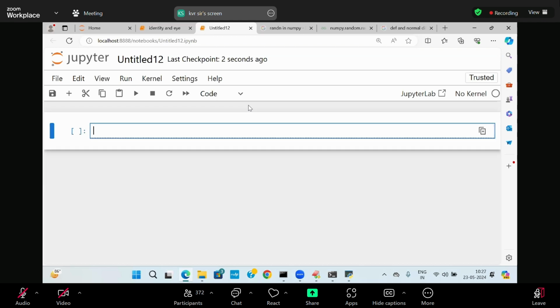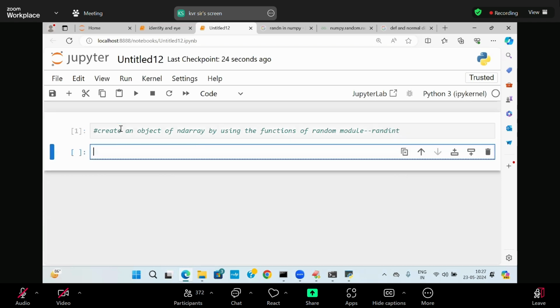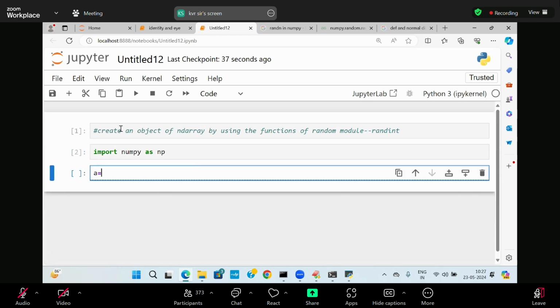Now I'm going to take up random kinds of things. Create an object of ndarray by using the functions of the random module. Which function is it? Randint. Come on, fast. Import numpy as np. Okay, a is equal to np dot random dot randint of